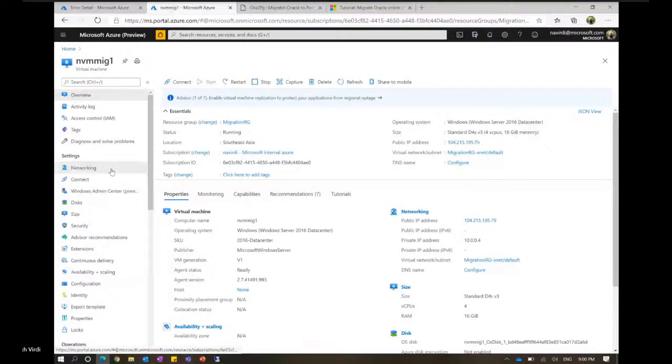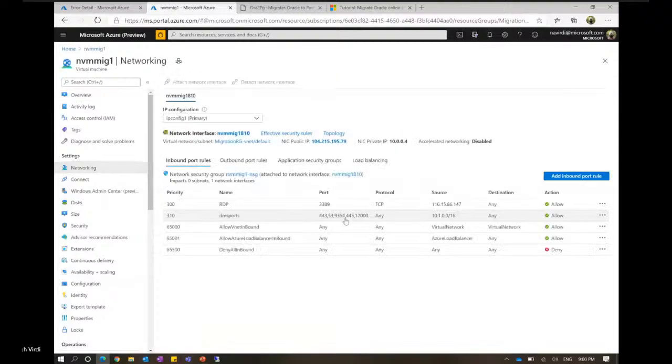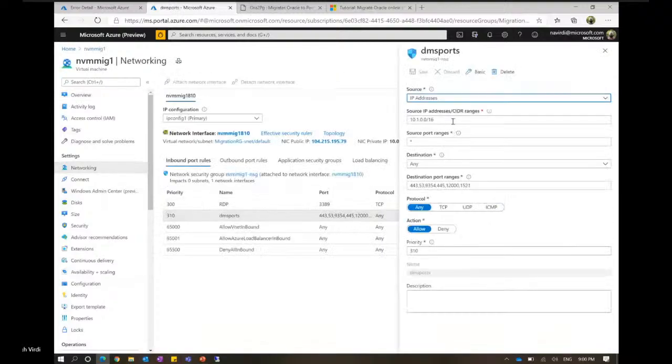You see here, I have already opened that. So you have to enable the DMS ports that it will connect to, and also enable the database port, and make sure that you're not exposing it to the internet, but only exposing the DMS address space. If you remember the VNet address space, take care of that.